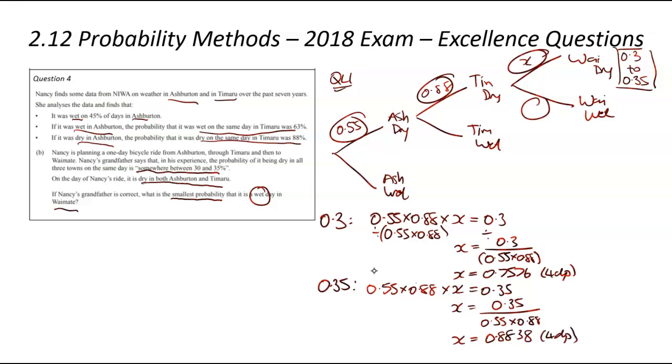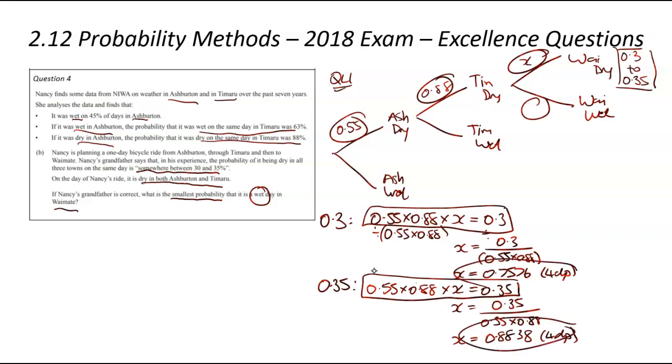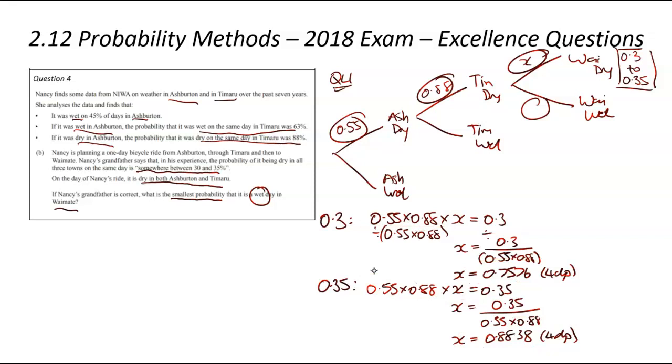So just to note, if you're not too confident with your algebra, that initial equation, or both of the initial equations that we came up with, you can plug that into the solver function of your calculator, and that'll get straight to those final answers that we're looking for. So those values that we've found out relate to the probability of it being dry. So carrying on from each of them,